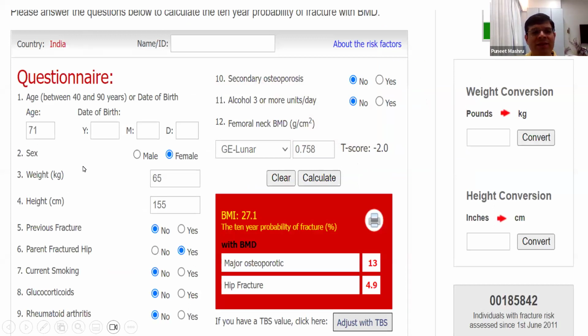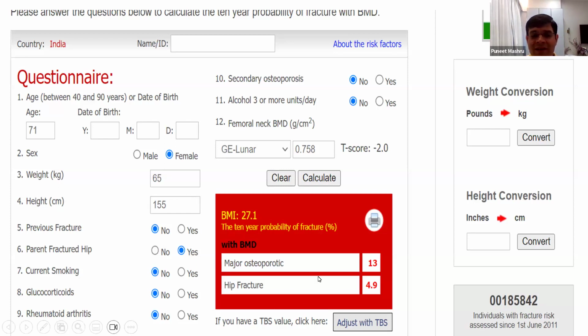You fill in the age, sex, height, weight, if they have had previous fractures, if a parent has had a fracture, current smoking, steroids, if the patient has rheumatoid arthritis, if they have some secondary causes, alcohol, or femoral neck BMD. If you're putting in the BMD, the secondary osteoporosis is a dummy input, so it doesn't work if you're putting in the BMD values. This can be used also if you don't put in the BMD value. At that time, you can put it as a yes or no, and then you calculate, and then it gives you